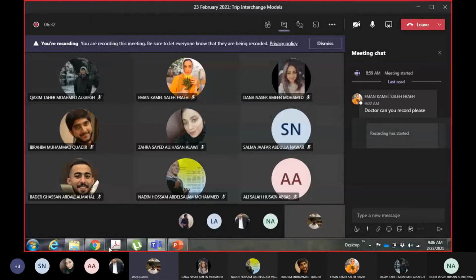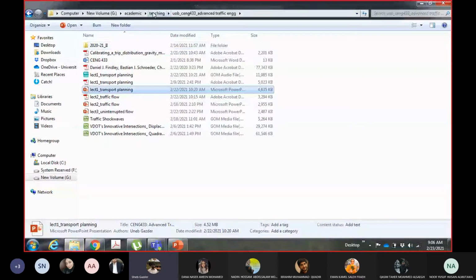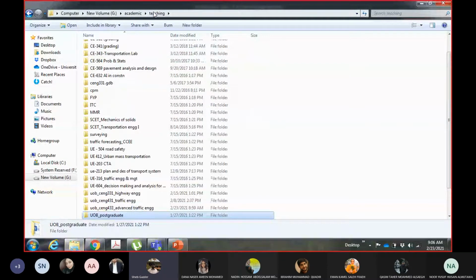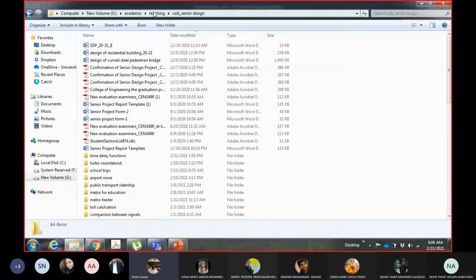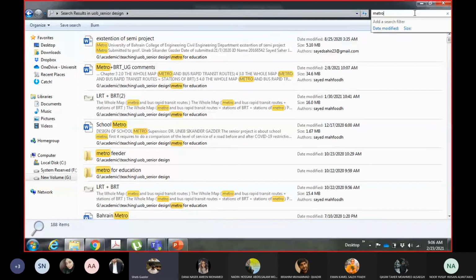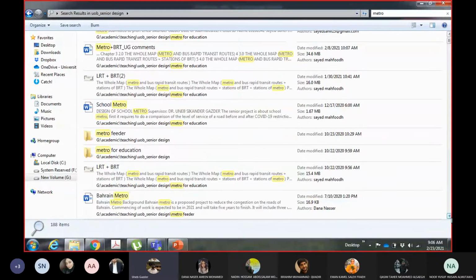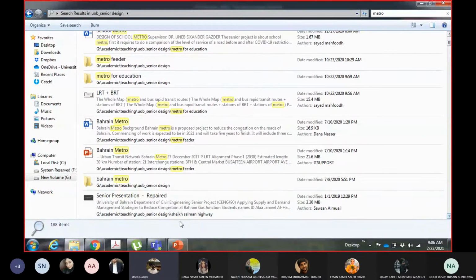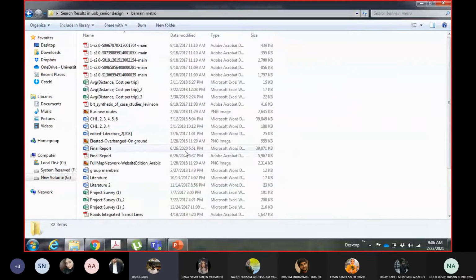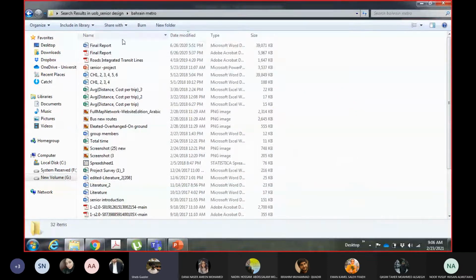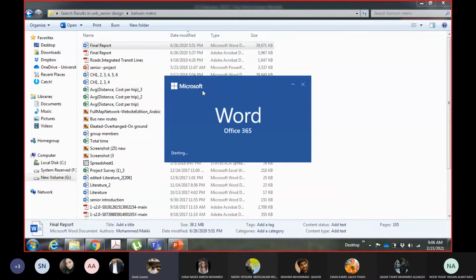So like I said, you will be having a different OD matrix maybe for each mode. Let me show you an example for that from Bahrain. I had a group who was working on a senior design project, and they came up with these matrices. I just remembered them when I was talking about it.